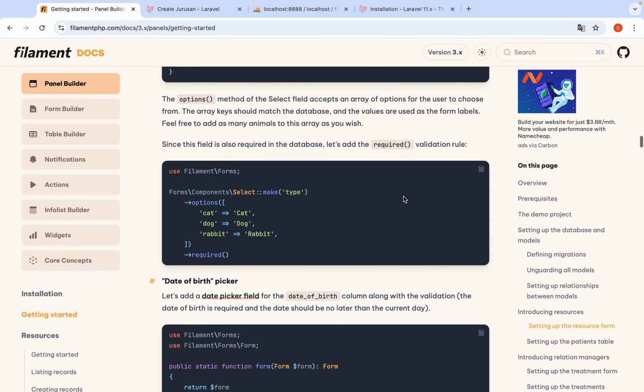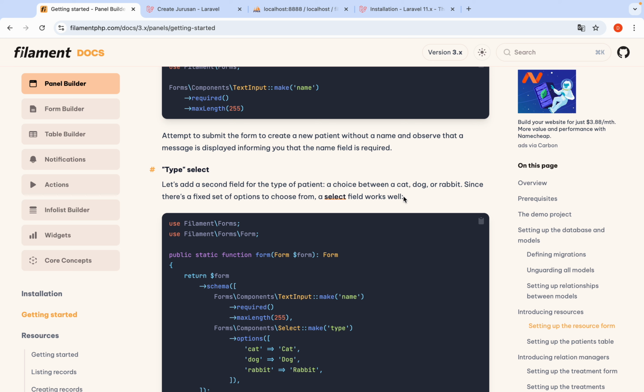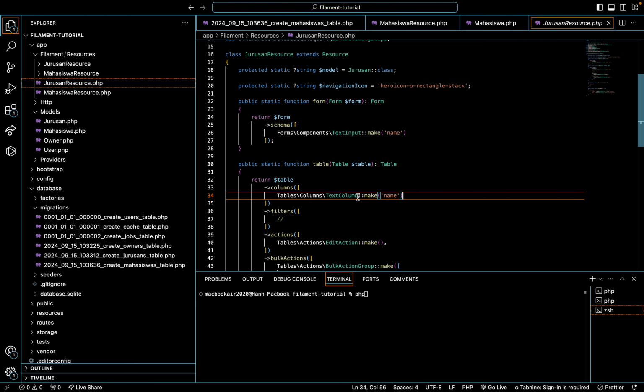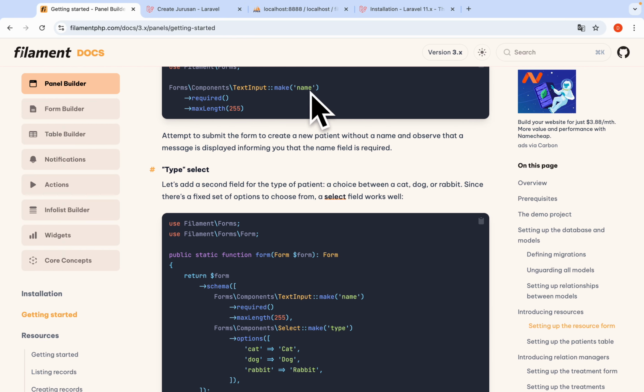Text column. Maybe this text column is not from this document, but we need to write it manually.